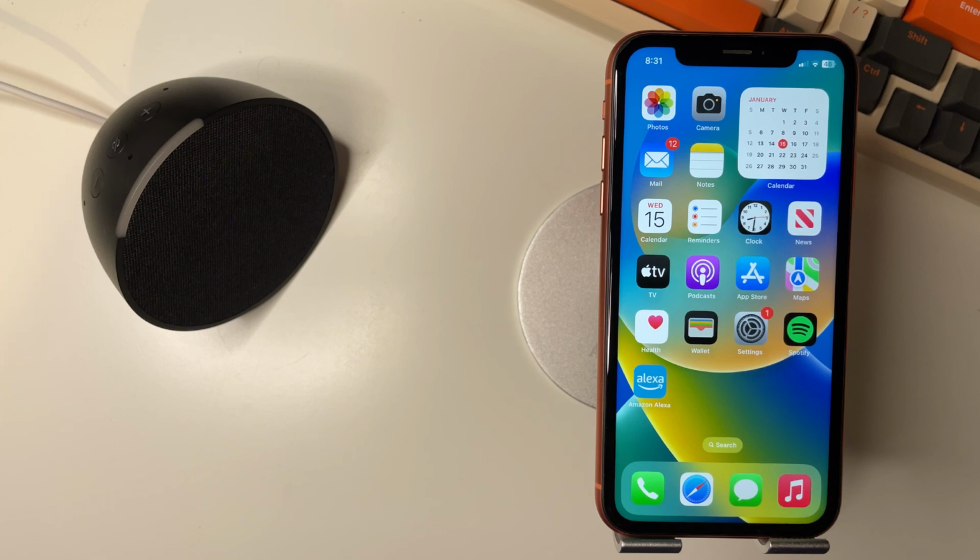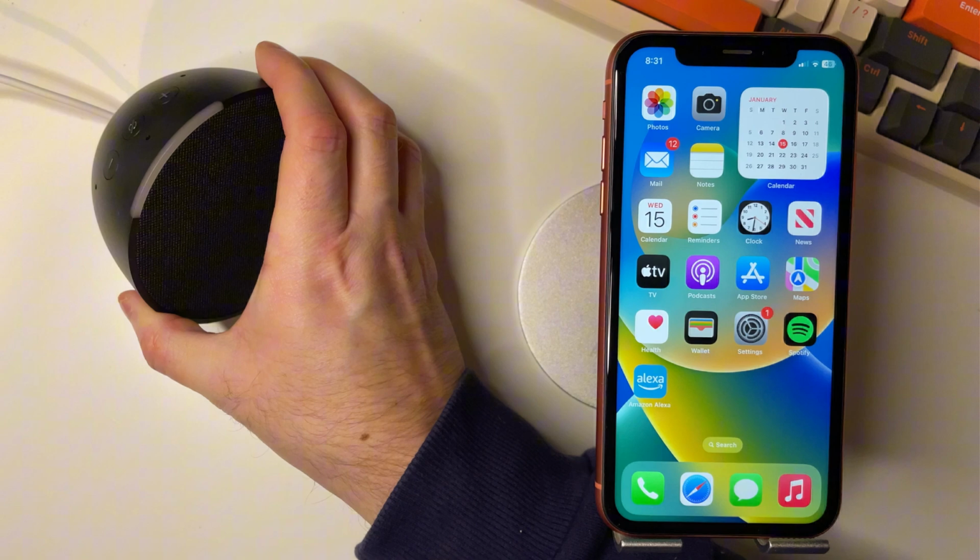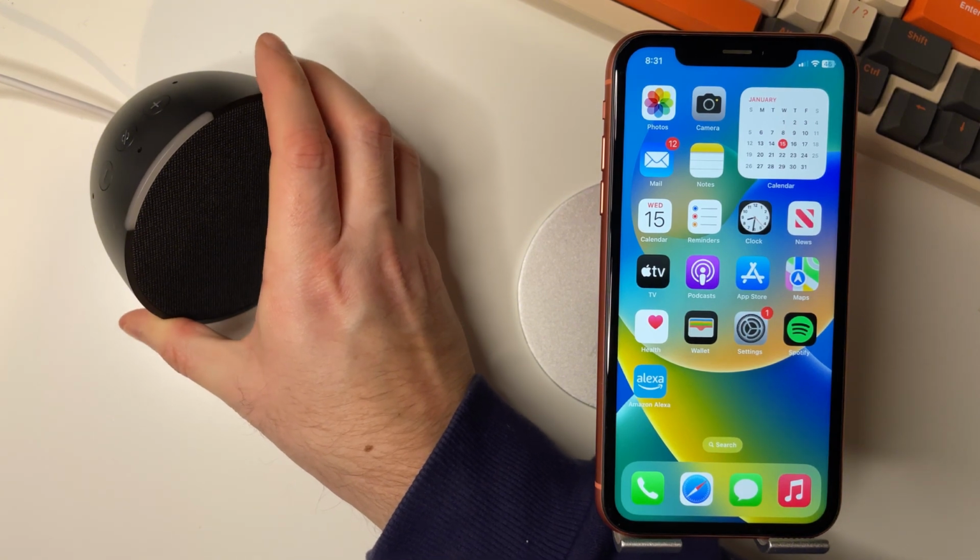up Spotify on your Amazon Alexa. So if you want to play songs through Spotify on your Amazon Alexa, all you're going to have to do